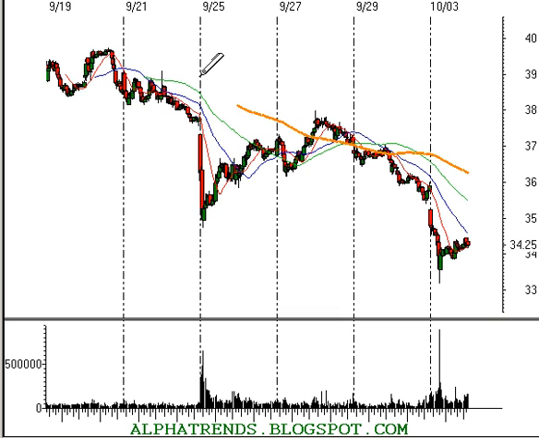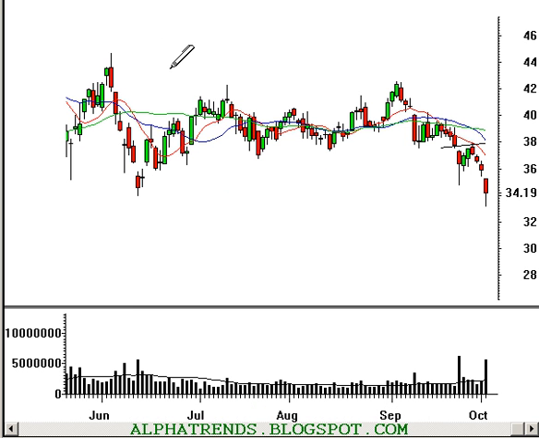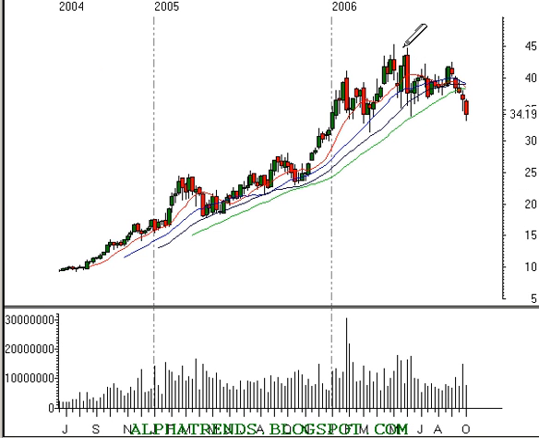I kept getting emails from someone saying, hey, Brian, you don't understand the fundamentals of this company. They have a monopoly on uranium. Well, you know what? Technical analysis doesn't care about monopolies on uranium or anything else. Technical analysis is about money flows. If you know about that